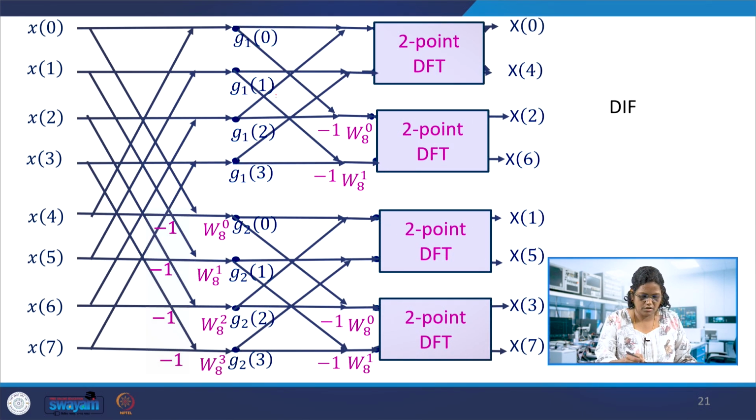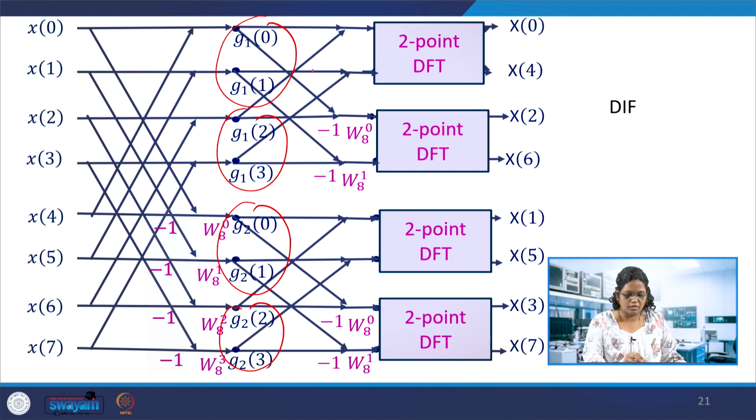Here G1 is having the first two terms, G1 is having the next two terms, G2, and similarly this. So this is one set, again here G2 and G2 of 2, 3. So now this portion is changed to the butterflies of them, two of them contributing one butterfly, and so on.